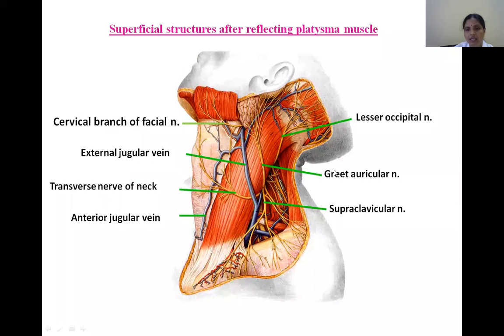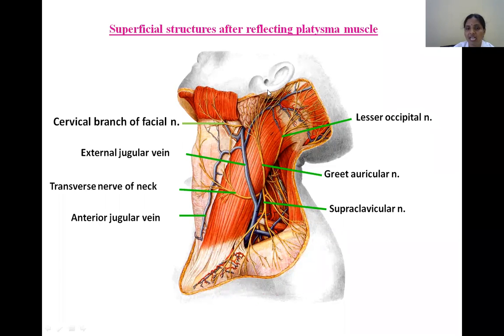So you see, the great auricular nerve ascends exactly at the midpoint of the posterior border of sternocleidomastoid. It ascends across the sternocleidomastoid, on reaching the lobule of the parotid gland, means the apex of the parotid. So here what happens, it divides into anterior and posterior. The anterior branch supplies the skin over the angle of mandible, whereas the posterior branch supplies the lobule and concha. So most of this lower part of the auricle is supplied by this great auricular nerve.